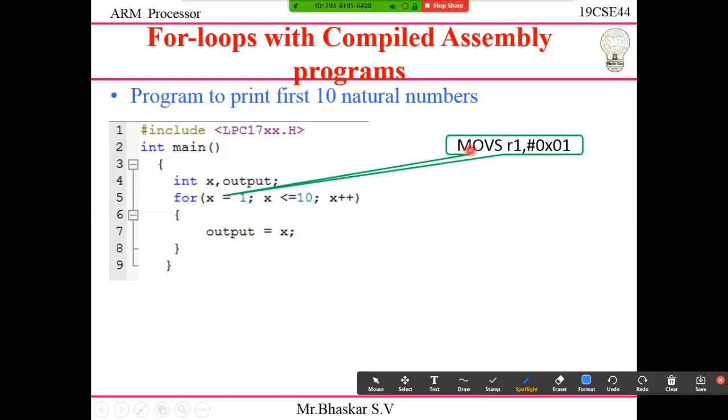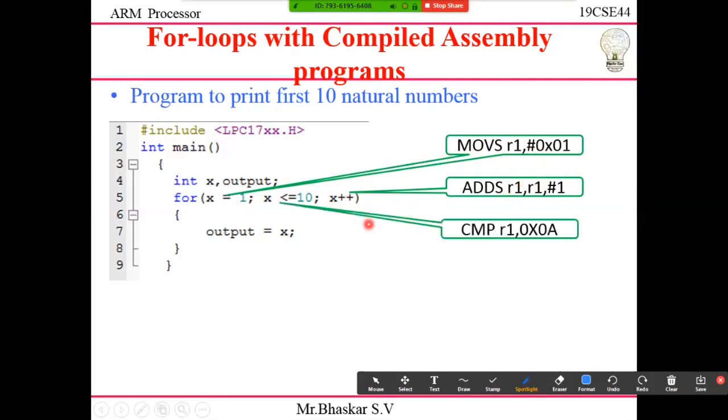That's why it is just MOVS R1, #01, because 1 we are moving. Next, x++ is nothing but addition: R1 plus 1, stored in R1 only. Next, x less than or equal to 10 means we are doing a compare operation, that is less than or greater than. We'll see in the program later.